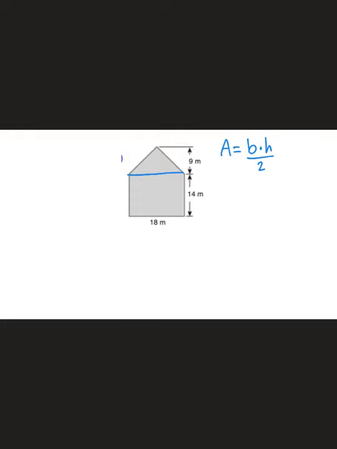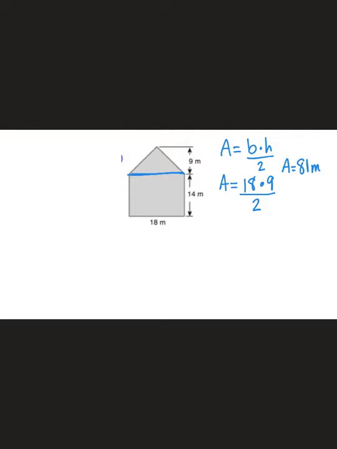Do I have enough information here? So I can see that the base of this triangle is the same as the length of the rectangle below it, and that would be 18 meters. And the height of the triangle is 9 meters. And then I'm going to divide that by 2. Feel free to use your calculator. To find the area of the triangle, you should have